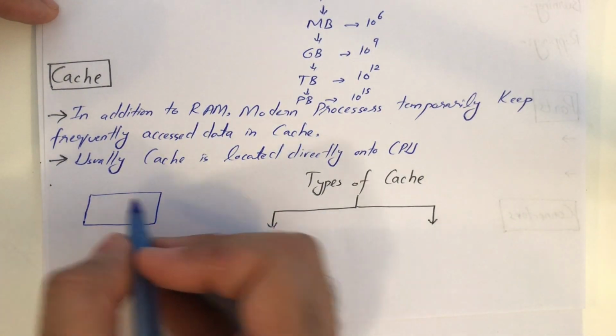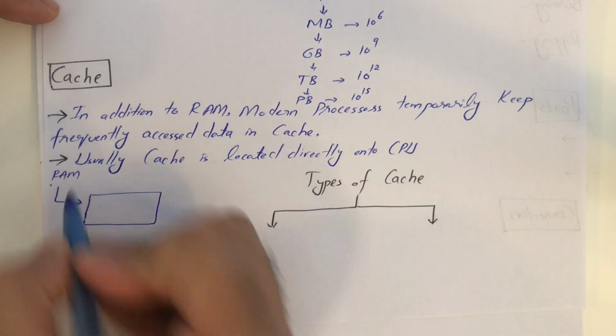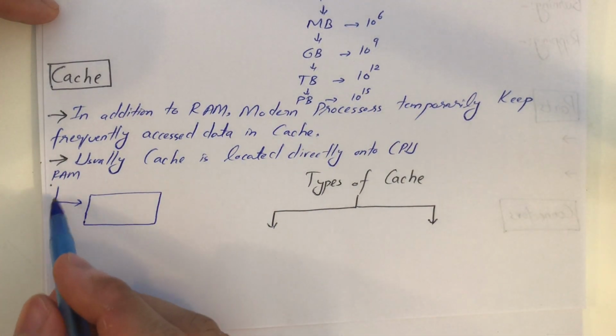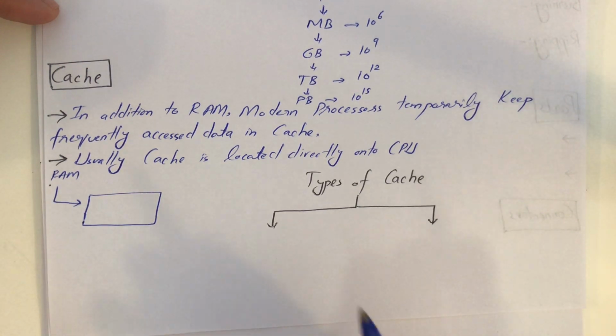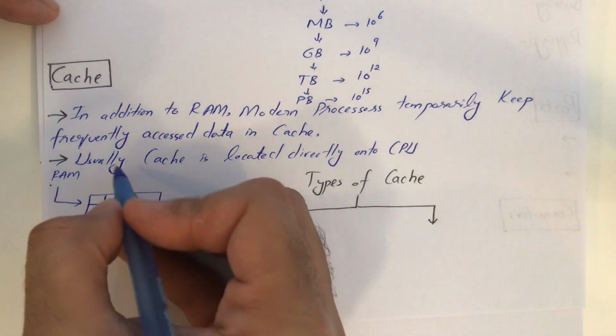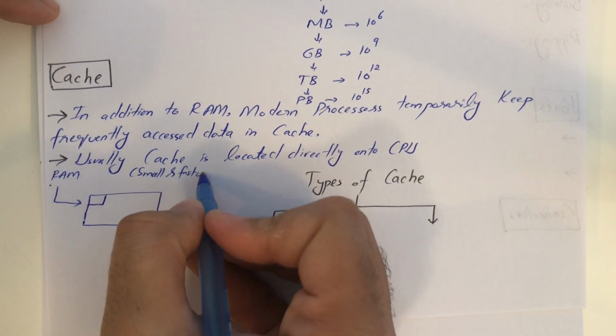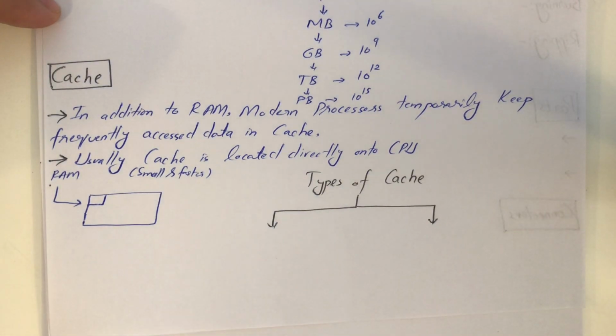So what are you getting? Each time you're fetching instructions from the RAM, there's a transportation delay. So why don't you have a small and faster memory? It's because cache is very small and faster. Please remember one thing: if something is small, automatically it will be faster. Why? Because if it is small, it has less capacity of data, and if you're trying to search for a specific data, since the size is small, it will take less time